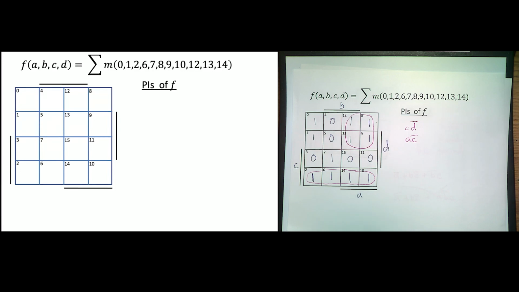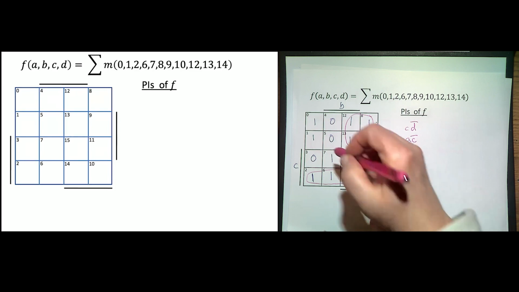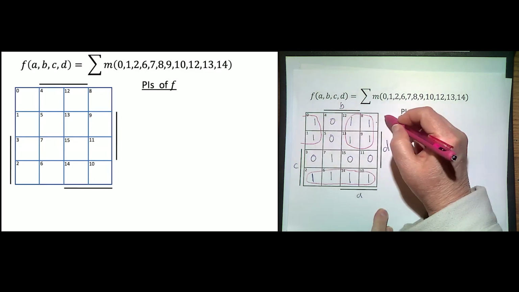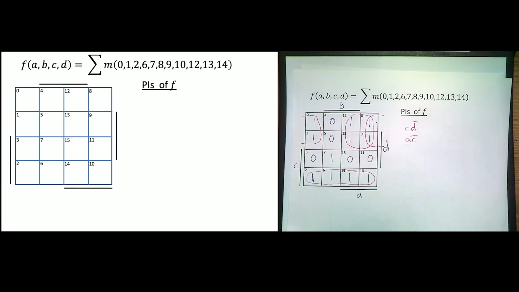Okay, 0 and 1. How many people think 0 and 1 is a prime implicant? No, why not? Yes. There's a bigger one involving 8, 9, 0, and 1. Remember the left side and the right side are next to each other. These are the ones you're going to miss, so be real careful. Before you draw one, think about it, especially if it's on the edge. Make sure you look at the other side and check that it can't be made bigger. This is a very common mistake, easy to do.